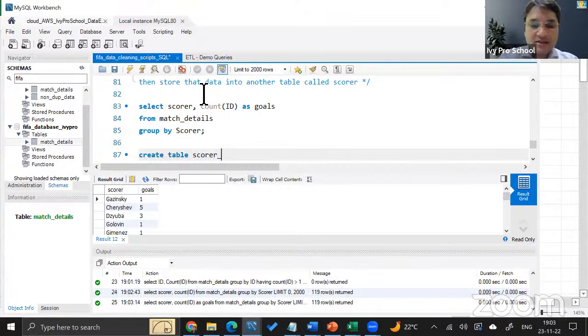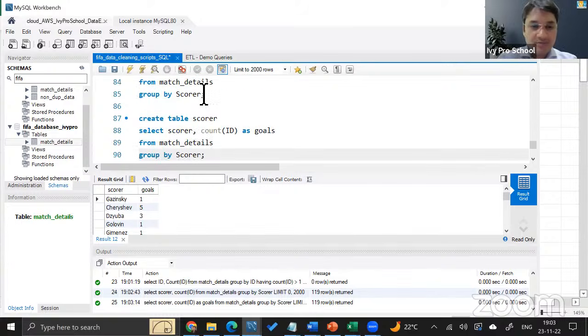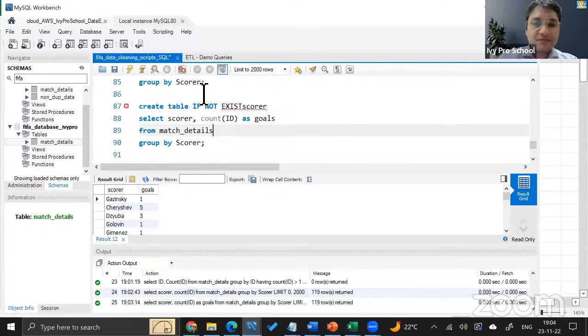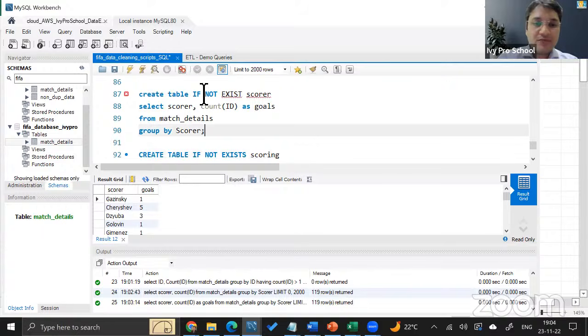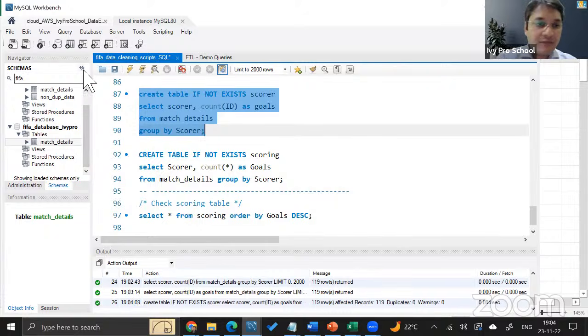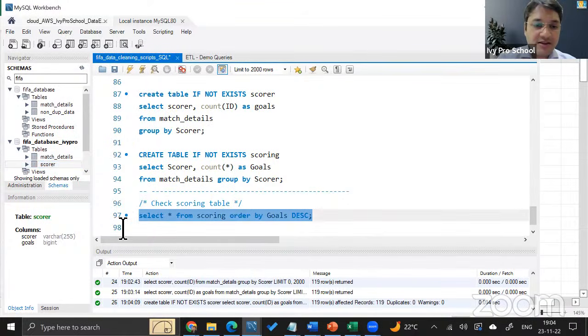So we will take this script, put it over here, and create table if not exists, name of the table is that, and then I run this statement, and then I refresh it, and you can see there is a table here called scorer, and you can check the data from that table.